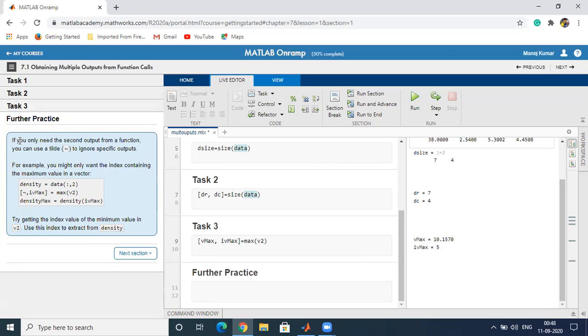If we don't want the other output, then we can use the tilde operator to avoid that output.